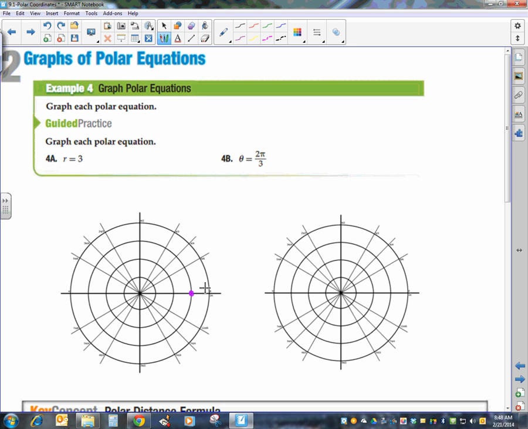Okay? What if I went 90 degrees and r is 3? I would end up here. If I went 45 degrees and r is 3. What if I went negative 240 or positive 240? That r is 3. 1, 2, 3. So hopefully you can see by now that if you continue with that, then you're going to end up, actually